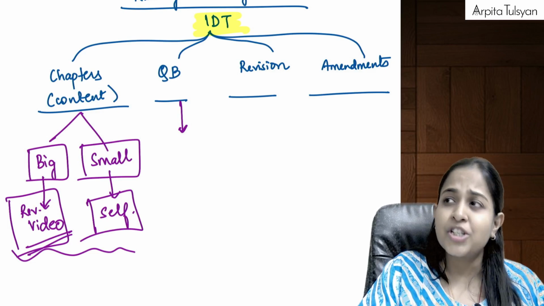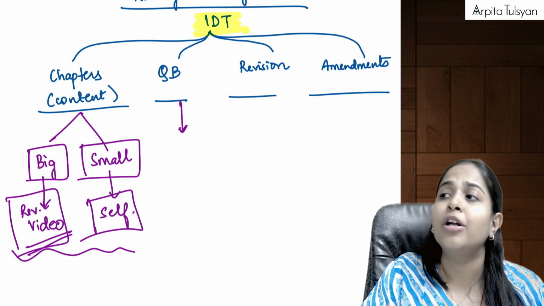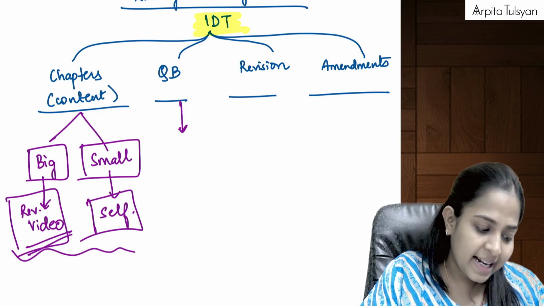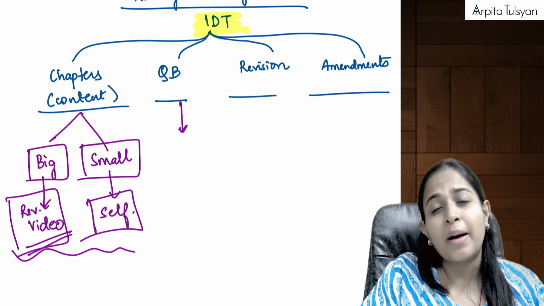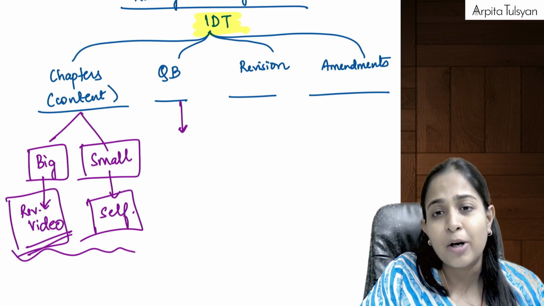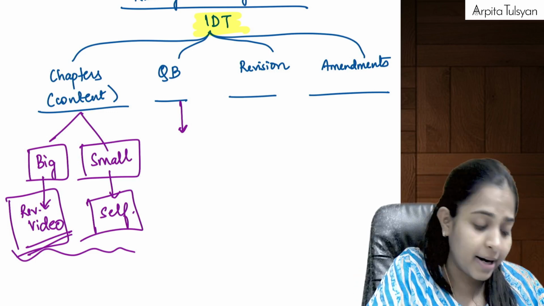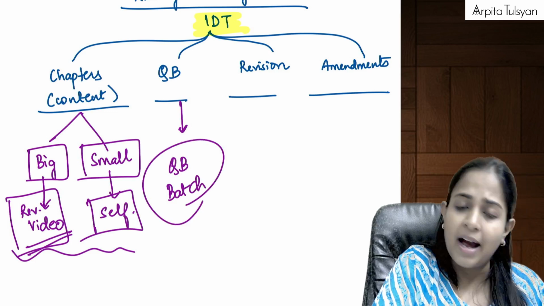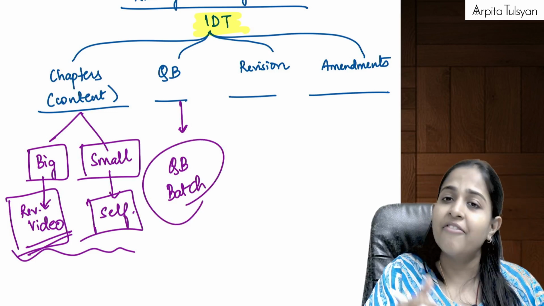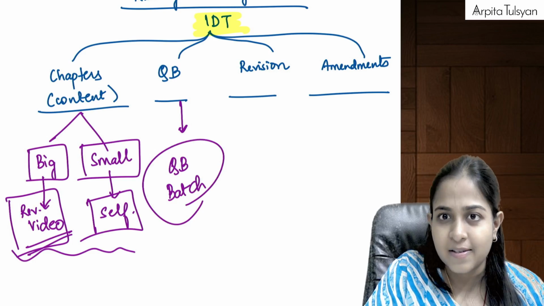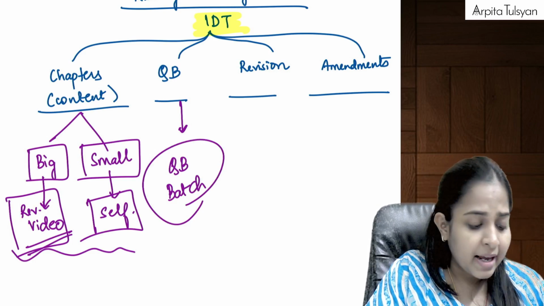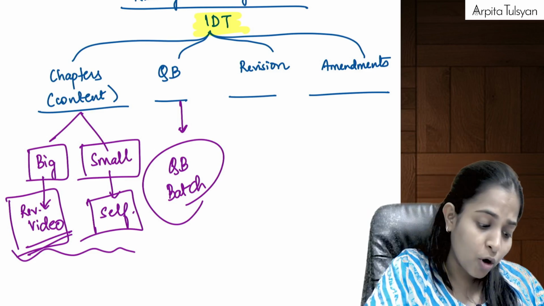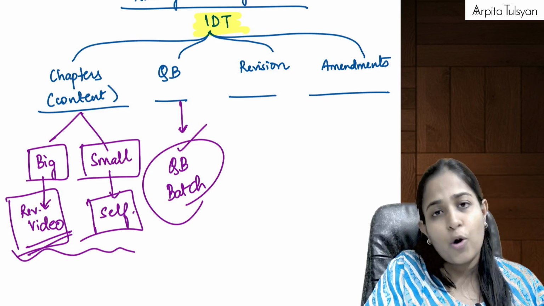Maybe one-liner questions or direct questions you can skip at this particular moment and you can go to the case study based questions so as to save on some time. If you feel that, no ma'am, there are too many questions, we are not able to manage it, maybe if required and if time permits, you can go with the question bank batch. I already have a question bank batch where we are going to discuss the question answers. You can use that, right? If you are able to do it on your own, best. If you're not able to do it by yourself, then you can go with this question bank batch,